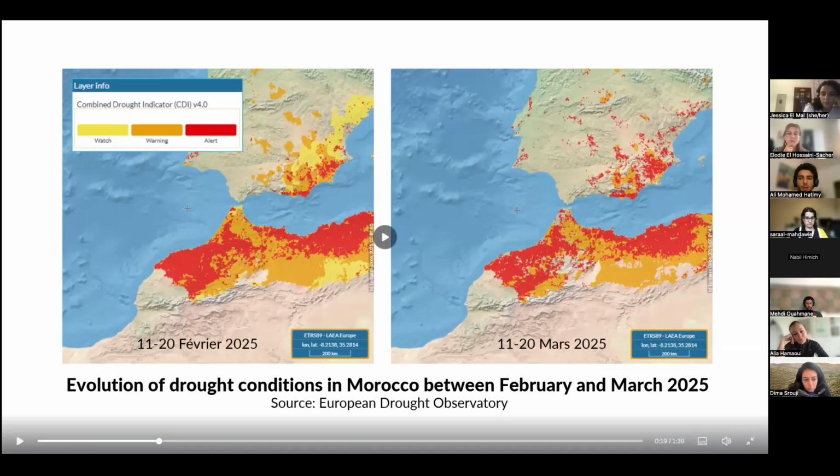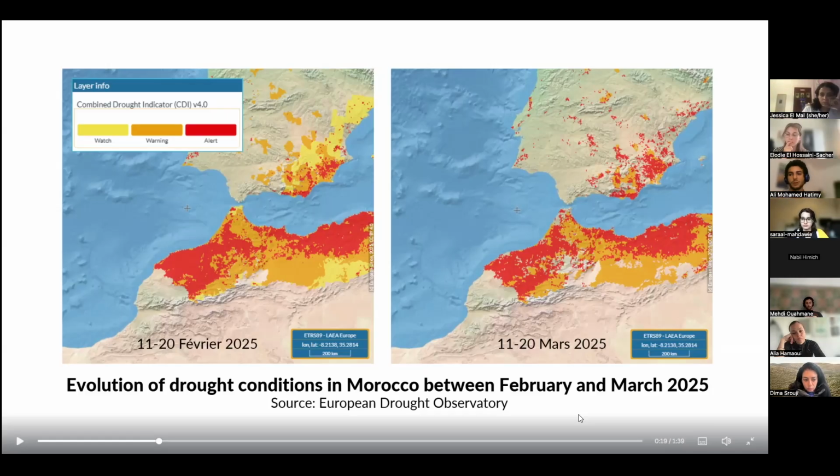So this is a tool from the European Drought Observatory that covers the whole Mediterranean, and that is quite relevant to see, well, are we in a certain territory in a situation of drought or not? Because drought is not defined only by rainfall at a certain point of time. So, for example, in Morocco, we've had the months of March and April 2025 that were far above the historical average. But that does not mean that the country is not in a situation of drought anymore, because we've had these